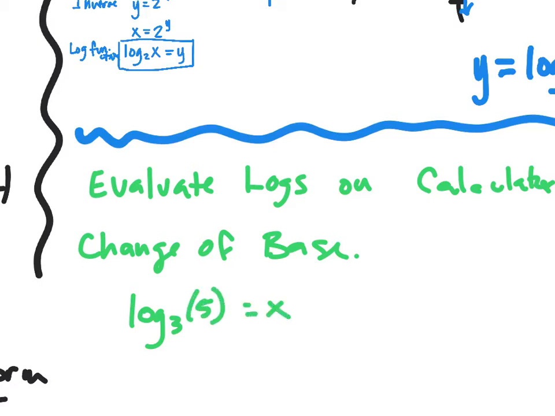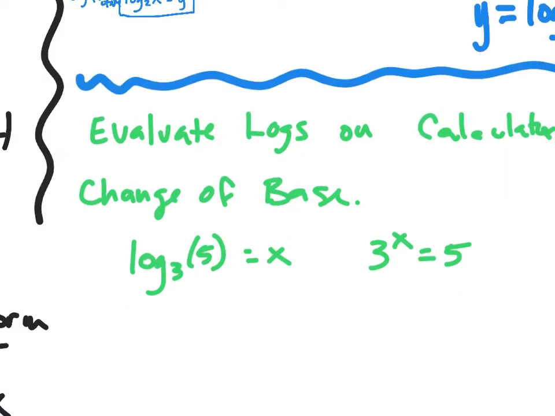Now remember what this means. This means that I'm taking 3 to the x power is equal to 5. I don't know what that answer is. 3 to the what power is going to equal 5? I don't know what that is. So on something like this that you can't solve in your head, you need to use the change of